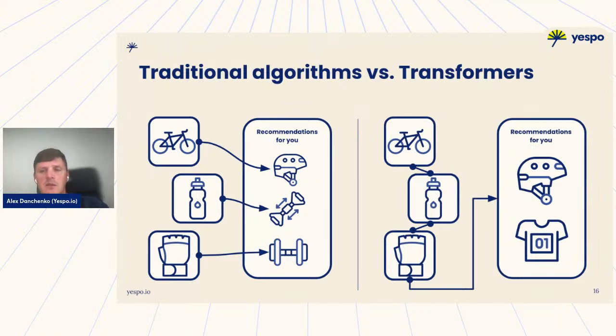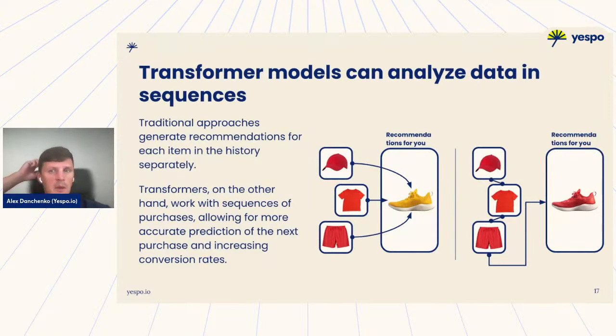And in this case, to complete my look, it will offer me a helmet, but it will also offer me a t-shirt for bicycling. It will not offer me unnecessary weights or gym equipment. It will understand that now I'm in the process of picking the proper products for bicycling. And that's a very, very clear explanation, but let's dive into some differences here.